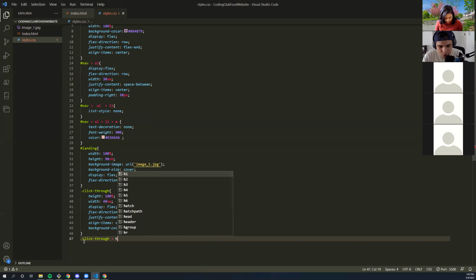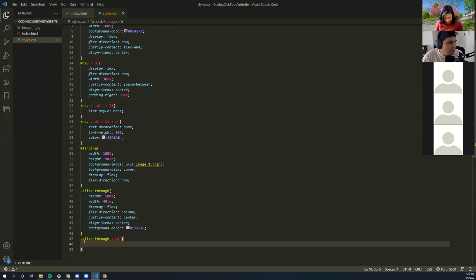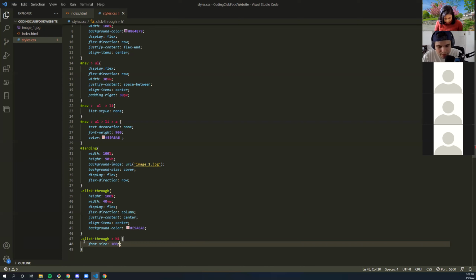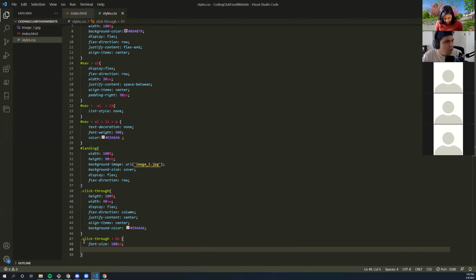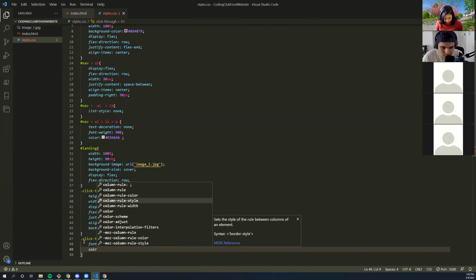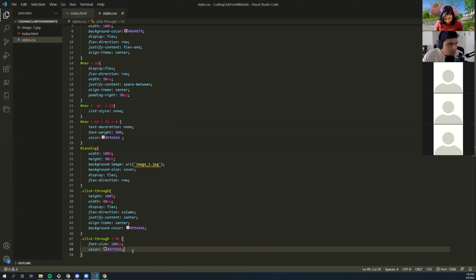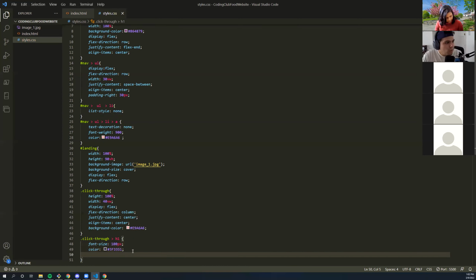I have an H1 inside my click-through, and I want to give it a style of font size 100 pixels, color, I'm gonna choose my dark purple. And I'm gonna see where that leaves me for right now.